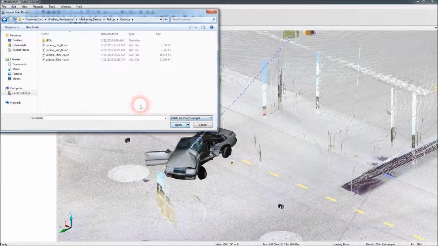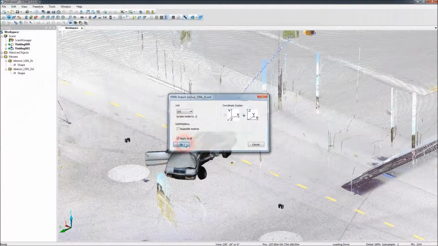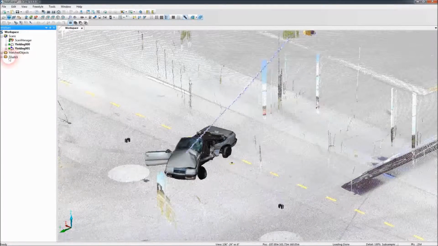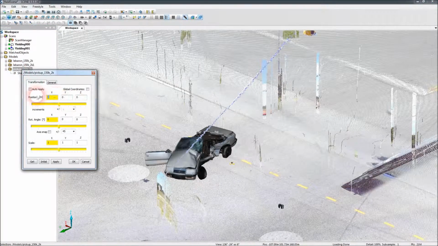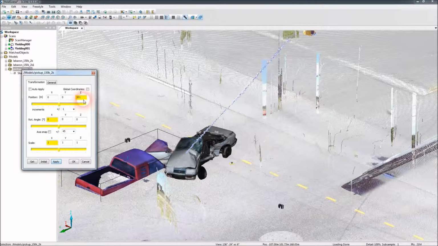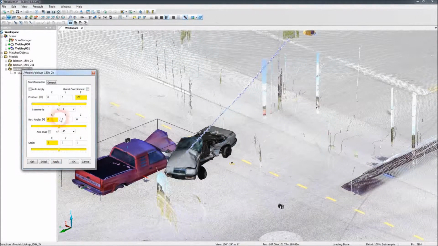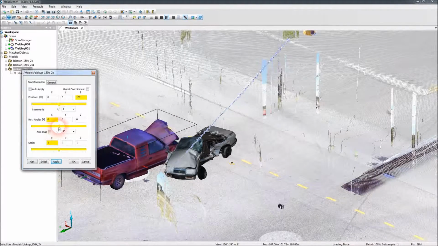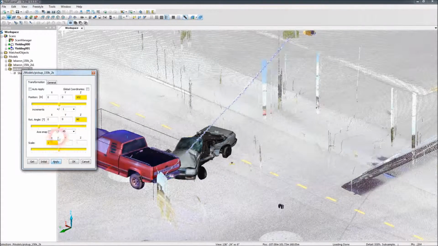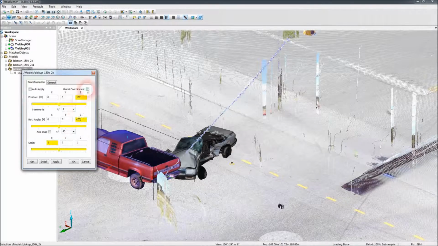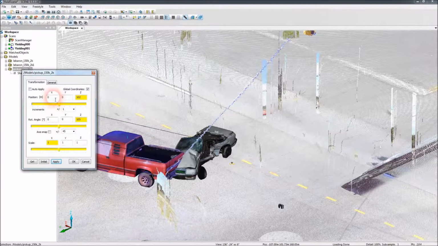Get a WRL file. We'll import that. And we'll go to models, double click on this, and put in the same coordinates. We'll just put 0 there since it's going to be moved. And I think it was 101. Apply that. We'll need to raise it up a little bit. I think it was about 102, wasn't it? Okay. Then we'll rotate it around the Z, 90 degrees, maybe 105. And then we'll move it back